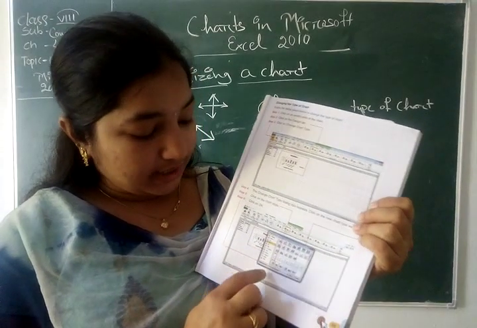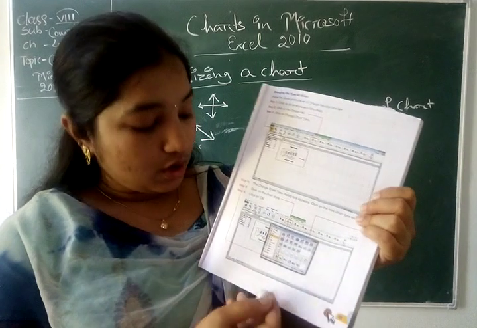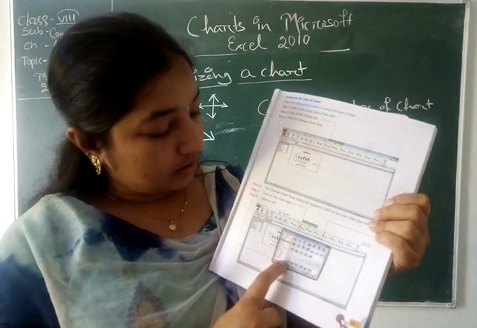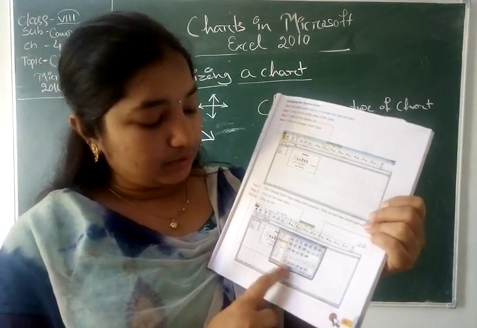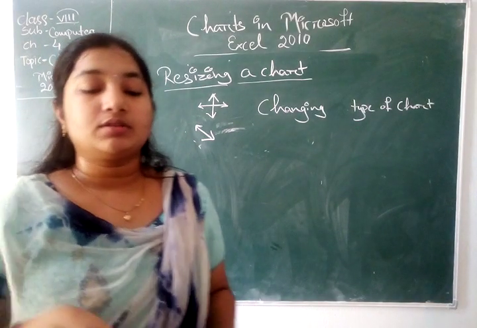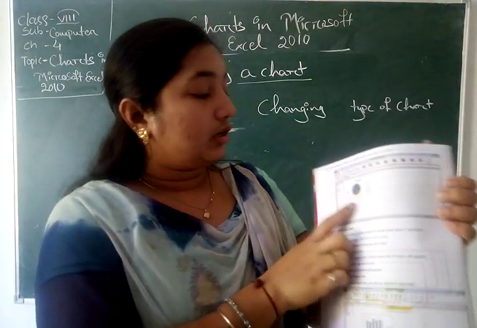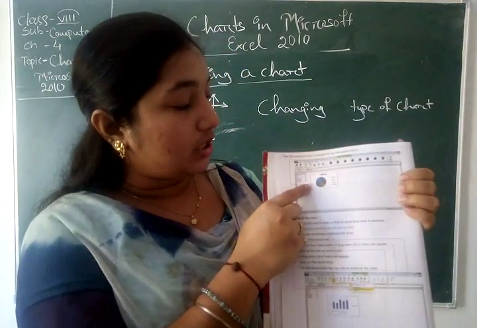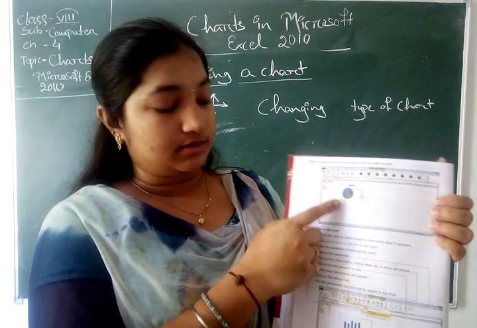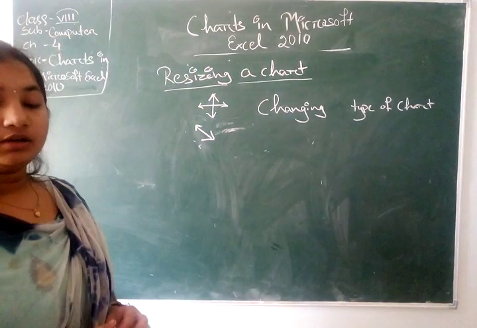After that, click on chart style. When we choose from this, we have to click on this chart style. After that, we have to click on OK, and the type of our chart will change, and it provides the new type of chart like this. After that, we discuss adding a title to the chart.